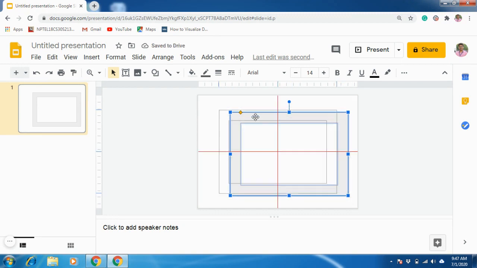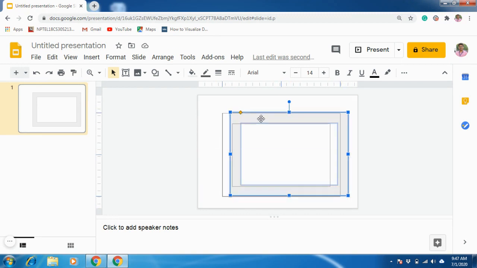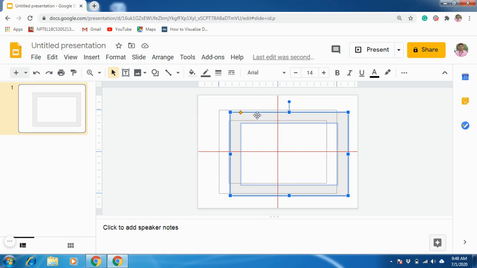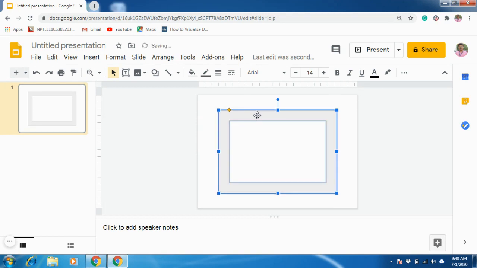When you are moving the inserted frame, you will be getting some red lines. Those lines will be giving you the alignment. So if you want to keep this frame in the middle, in center, this is the point. Whenever you are holding this frame and moving here and there, these red color lines will appear.